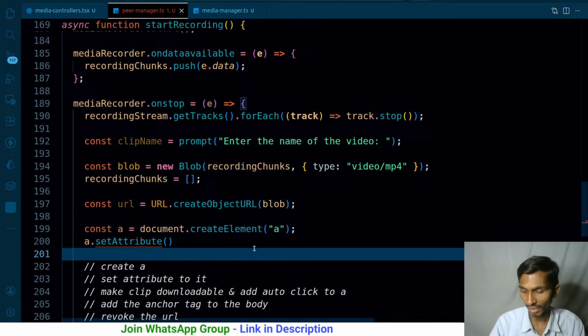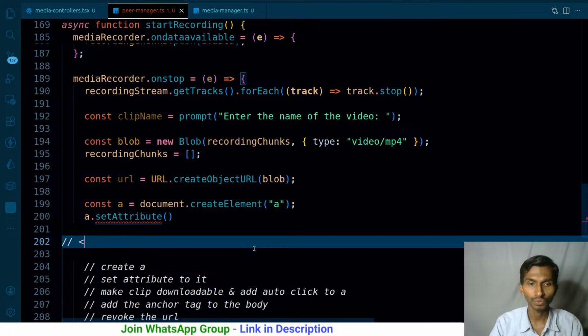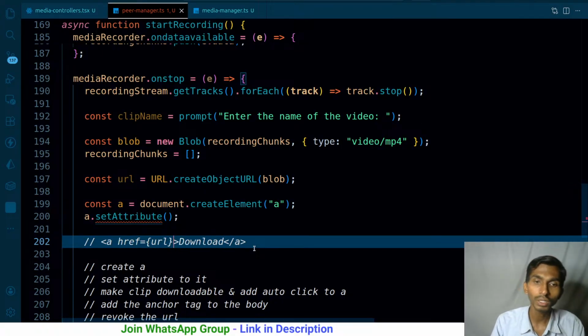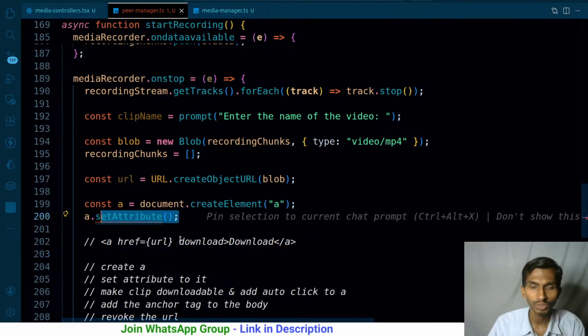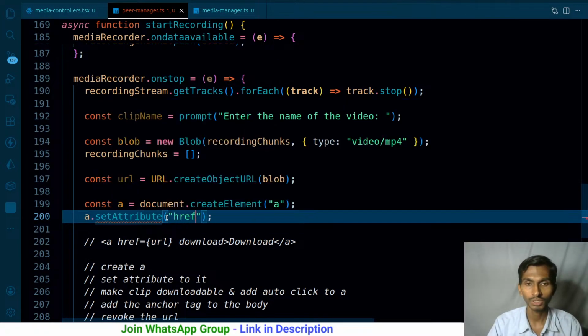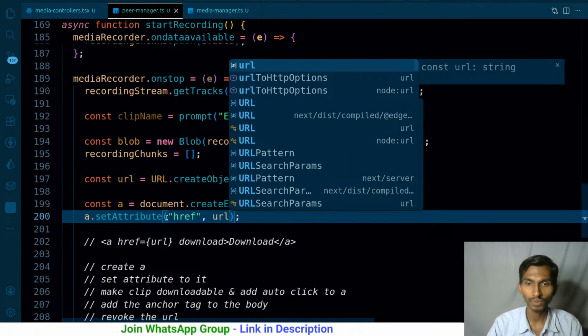Usually how does the anchor tag look? Usually anchor tags look like this. We have anchor tag, somewhat like this, and then in here we can add the name, maybe download. By the way, we don't even have to add the name, but okay, download. Then what? Here we have href. In our case we have the URL. We have to make it a downloadable download, just like this. So we have to create something like this. So we can definitely set the URL. So let me set the URL. That href is gonna be nothing but the URL that we have. So this is fine.